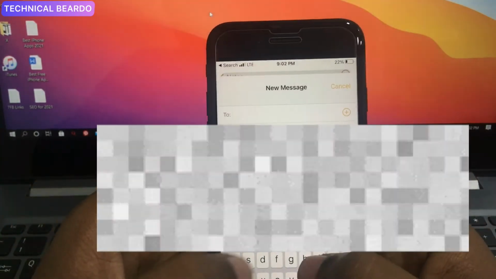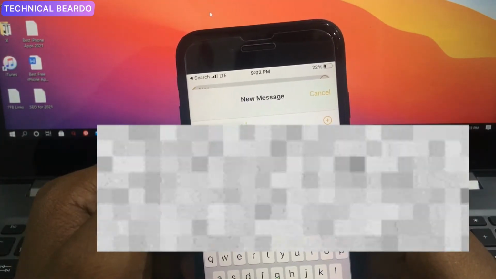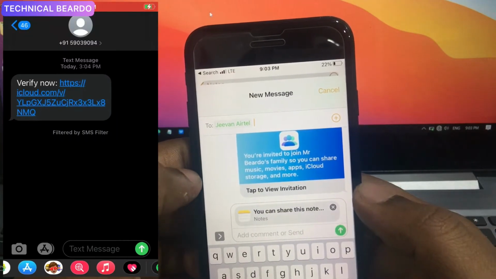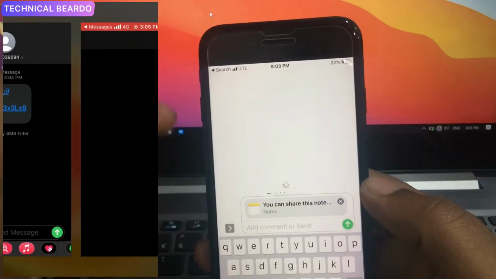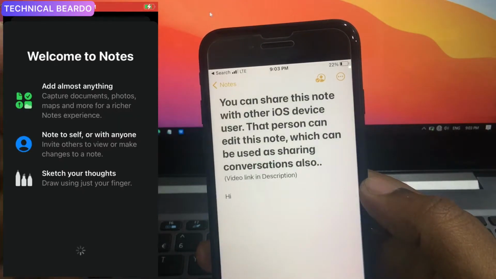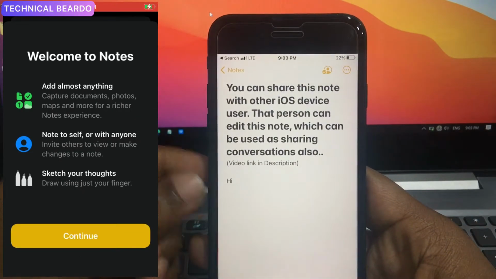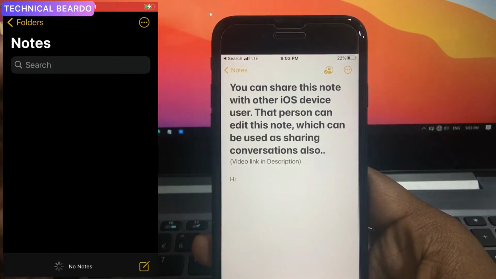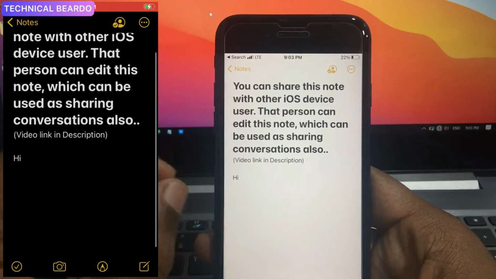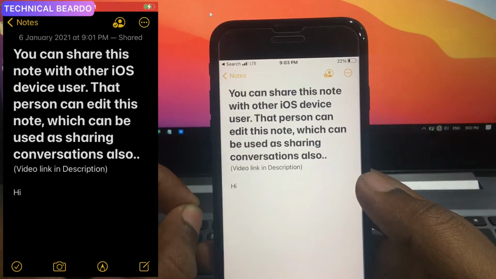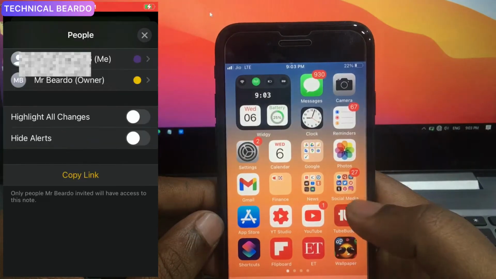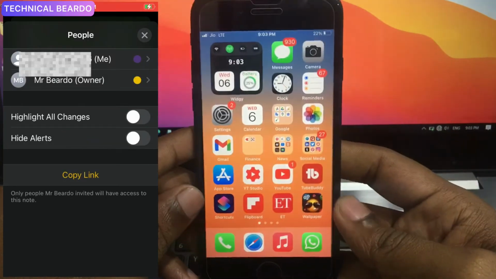Here I'm just choosing my own number. Just enter that number and share. Once you do that, the link will be sent to that person, and once that person clicks and opens the link, it will take them directly to the Notes application, and from there it will be visible to them just like this note. So both people have the same note opened, they can have access to the note and edit it anytime they want, and it will be visible to both persons who are members of the note.